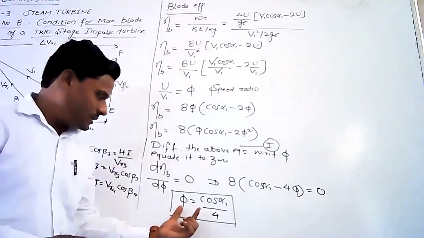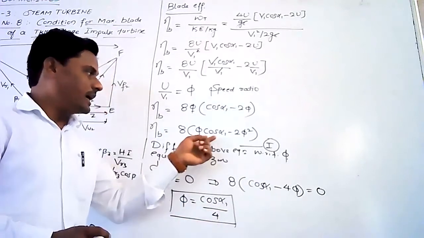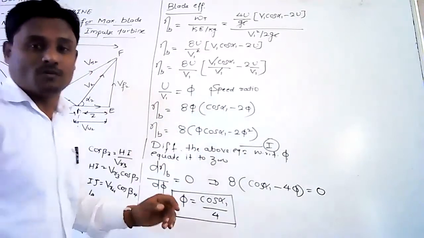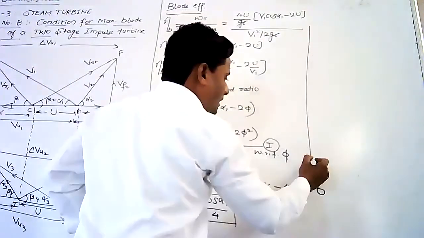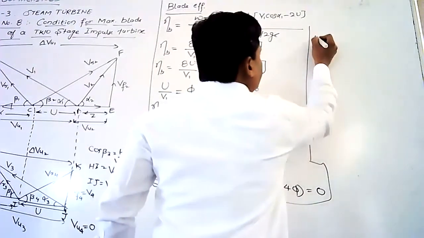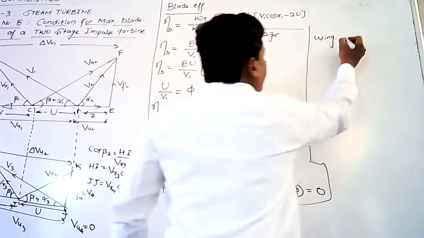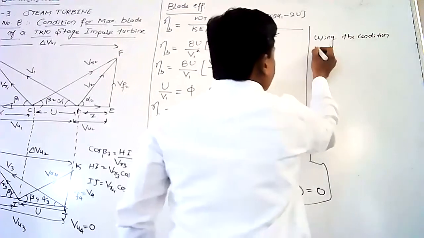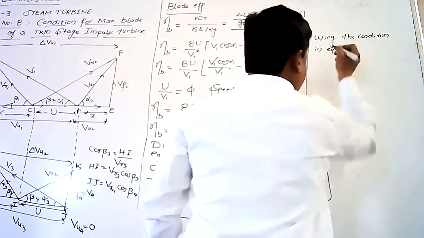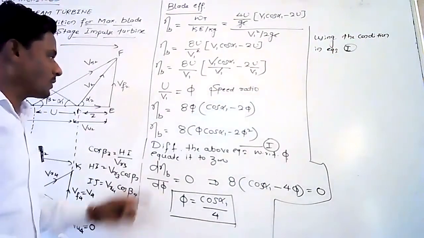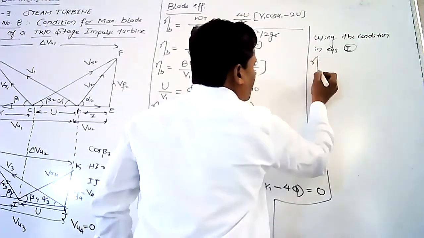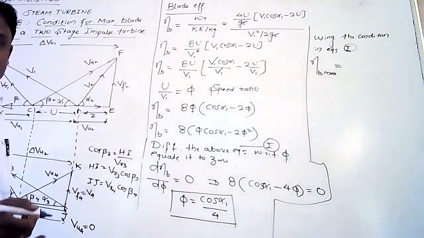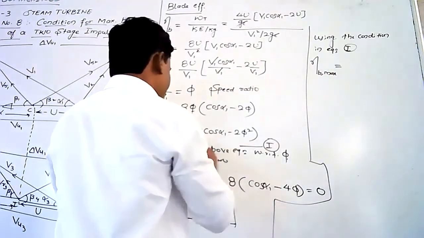Now, if we substitute phi equals cos alpha 1 by 4 in equation number 1, we can obtain the final equation for maximum blade efficiency. Listen here carefully. Using the condition in equation Roman 1, phi equals cos alpha 1 by 4. So eta B will become eta B max, the maximum blade efficiency. So here, 8 as it is,